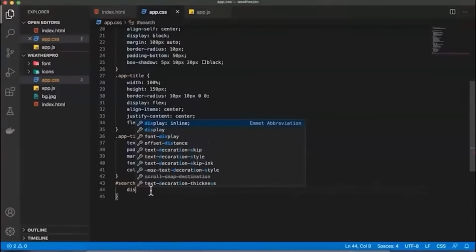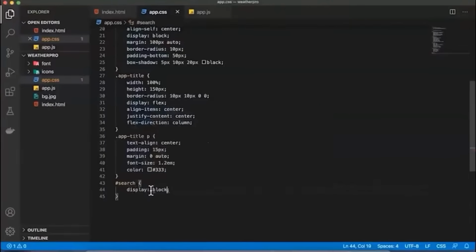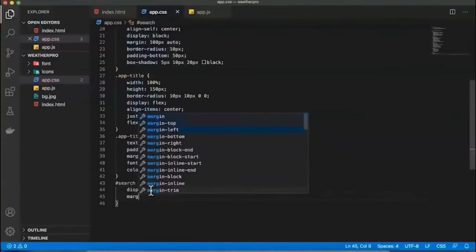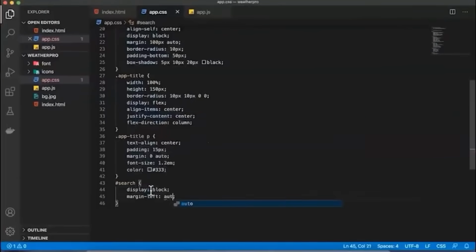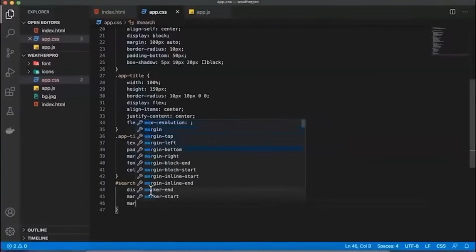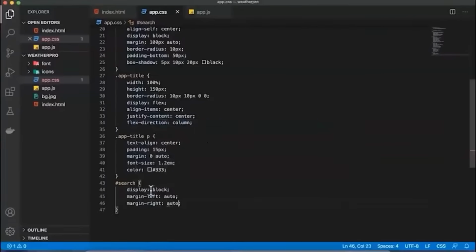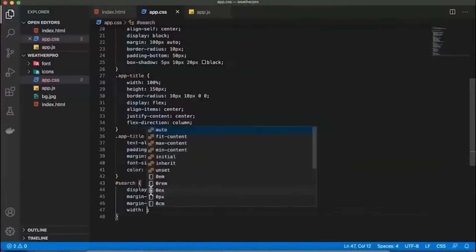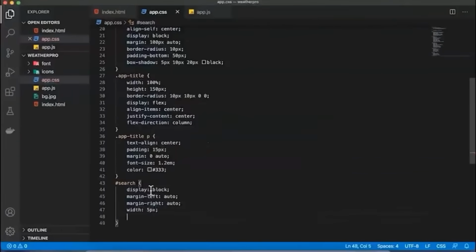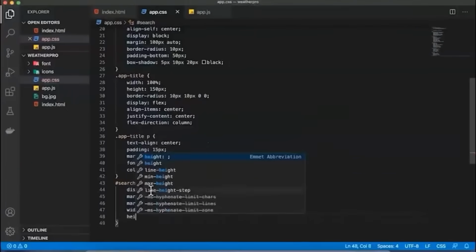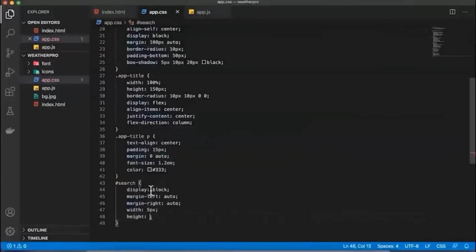One is called display, I need block, after that I need margin left auto, margin right auto, width I'm looking forward for 5 pixels, height that I'm looking forward for 20 pixels,